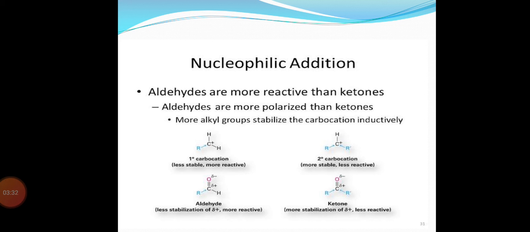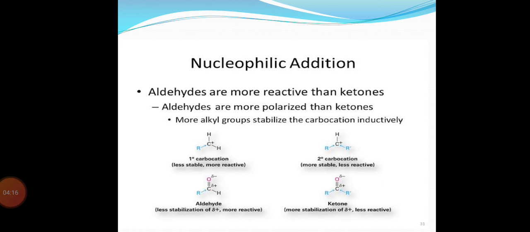On the basis of this concept, now we are going to take the example of aldehyde and a ketone and check their reactivity. As the carbonyl carbon is directly attached with one hydrogen in the aldehyde, and as you know, hydrogen is a very small element and it doesn't help the carbonyl carbon to attain the stability. So in the aldehyde, only one alkyl group is present which supports the stability, and their support is very little. That's why aldehydes are less stable. Due to their less stability, aldehydes are more reactive.